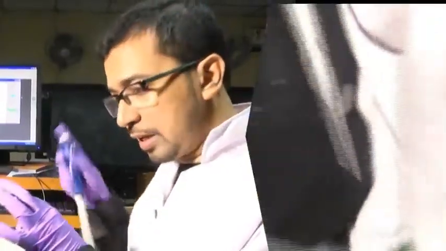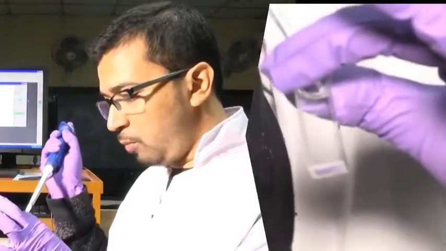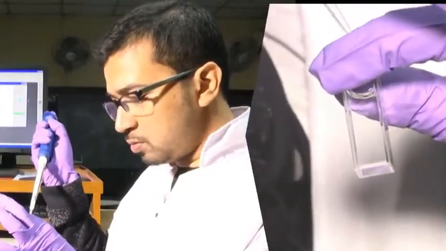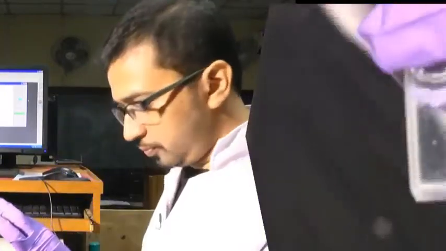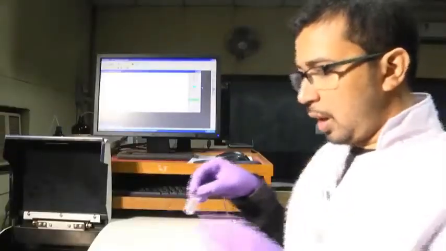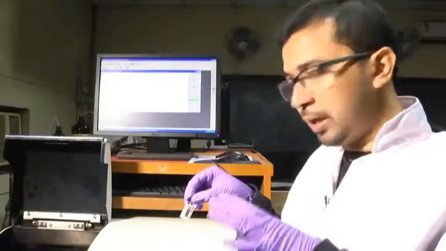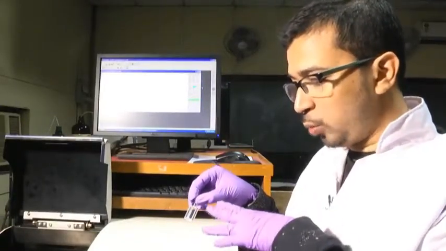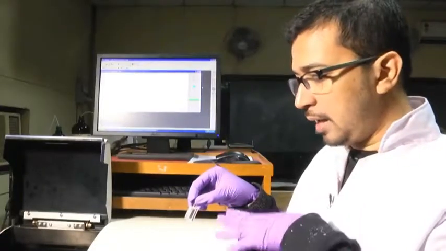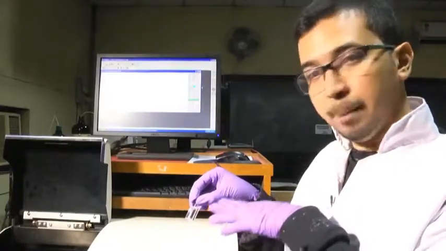And one thing here, we can see a small bubble is being formed, which we will try to remove here. Done. And before using this cuvette, kindly make sure not to touch this part of the cuvette where sample is there, and kindly hold that part of the cuvette where sample is not there.